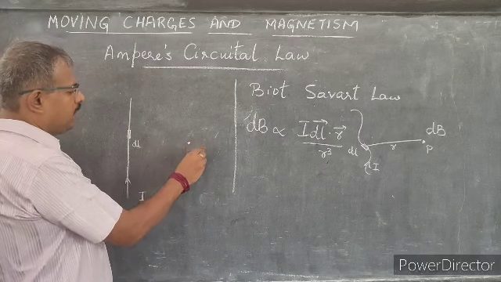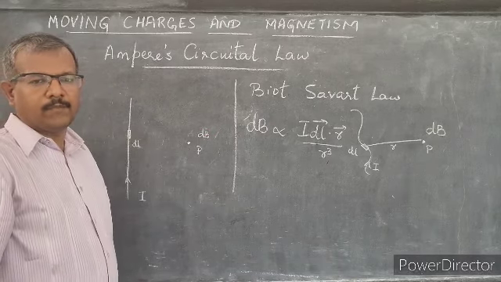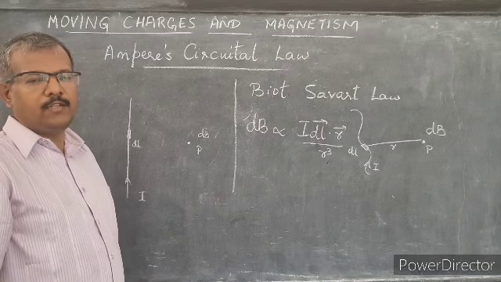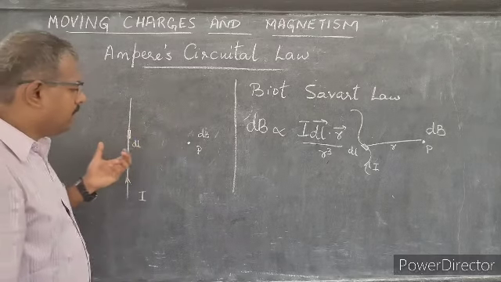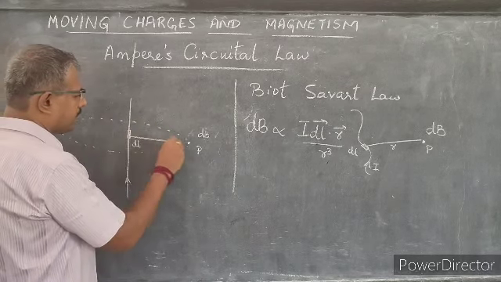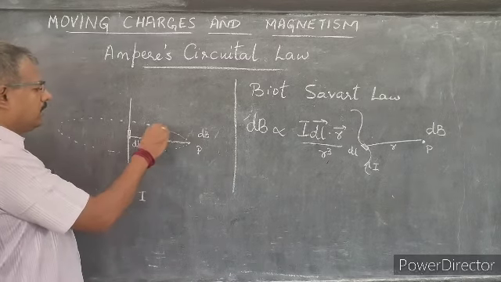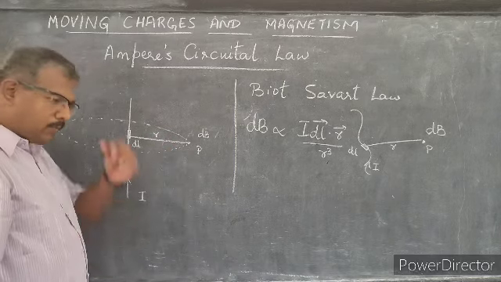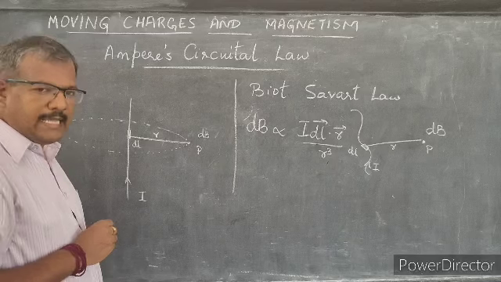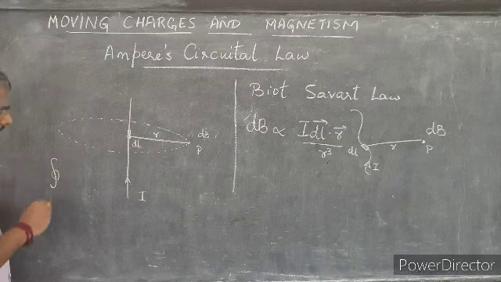Now if I define a point P of interest where I need to find out what the strength of my magnetic field is due to this current carrying conductor, or in particular this current carrying element, then Ampere's law starts by asking you to consider the whole problem by assuming a loop, an invisible loop of radius r, which is the distance between the current carrying element and the point of interest P. So once you define this loop, now Ampere's law states that if dB is the magnetic field due to this current carrying element dl, and if I take the integral and more specifically the line integral,